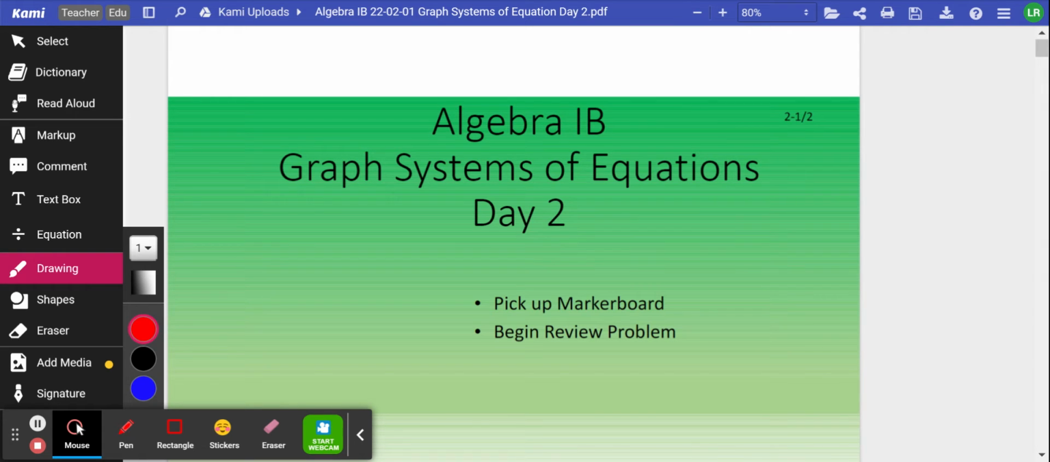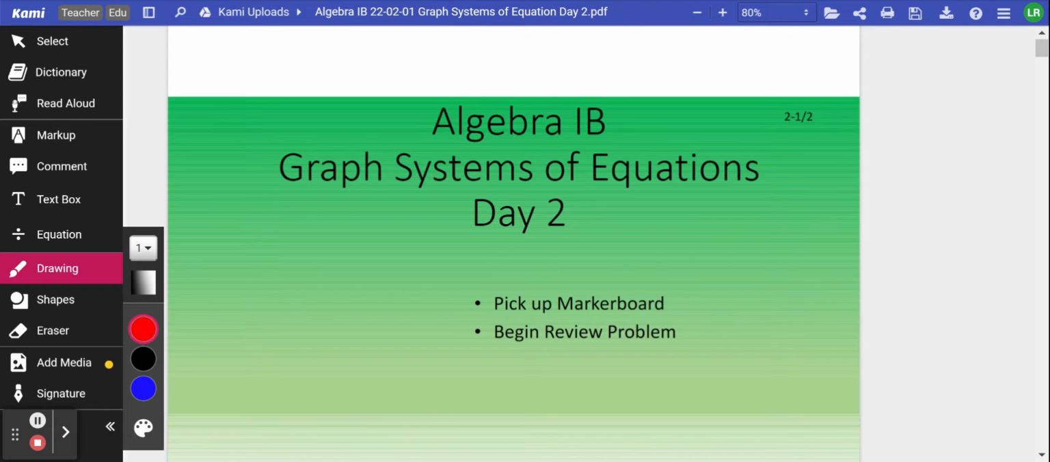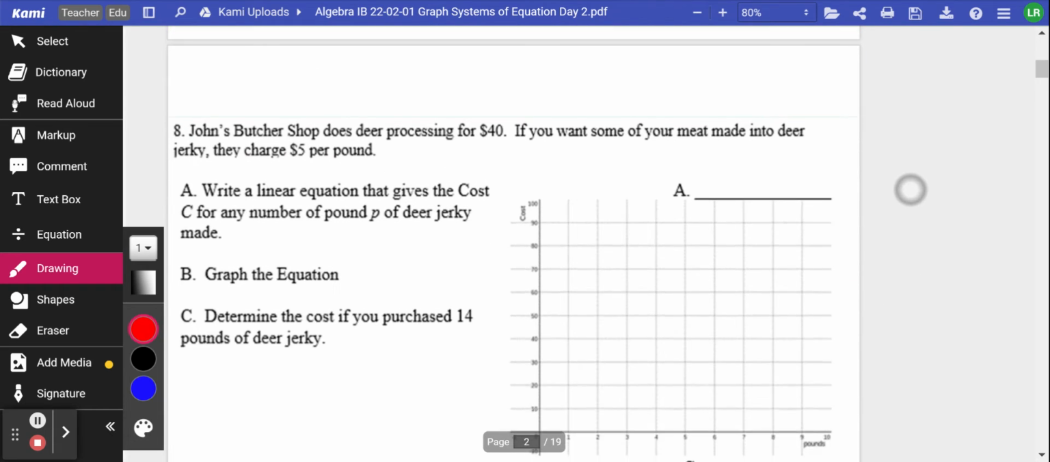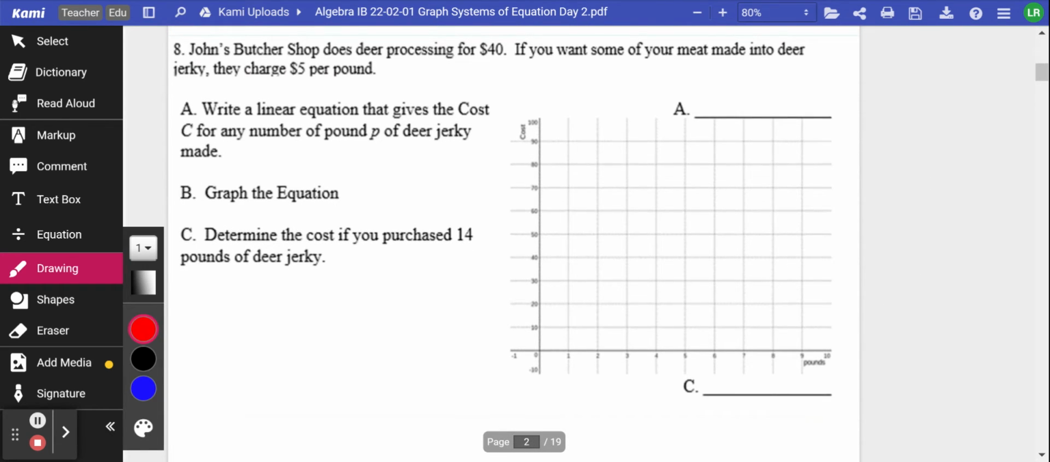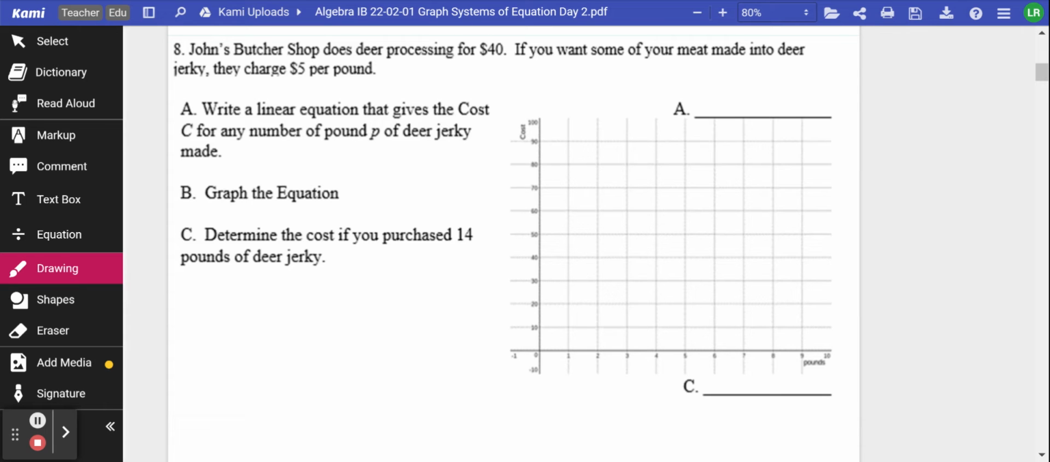I'm going to just hit on the key points. First off, I want to do a quick review on this type of problem because these are going to come up again. These word problems that we did last semester. This particular one says John's Butcher Shop has a processing fee of $40. If you want some of your meat made into deer jerky, they charge $5 per pound. We want to write a linear equation that gives the cost C for any number of pounds P of